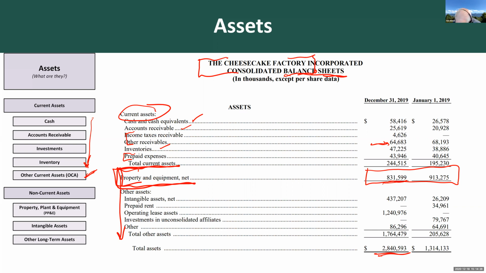Okay. The next thing that you come down to are these other assets. Okay. And they've got intangibles. Okay. Probably comes from acquiring other restaurant groups. And so you might hear something called goodwill. That's the extra amount paid to acquire an entity above the cost value of the assets that you acquired. It's because you see greater value there than might be just in the hard assets. Prepaid rent,